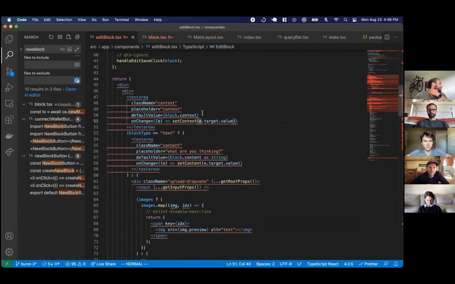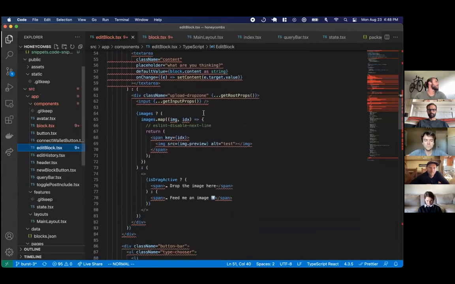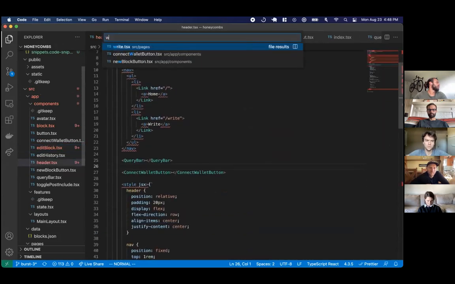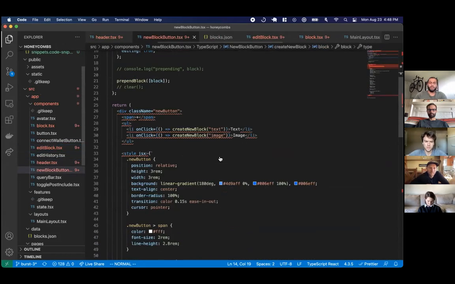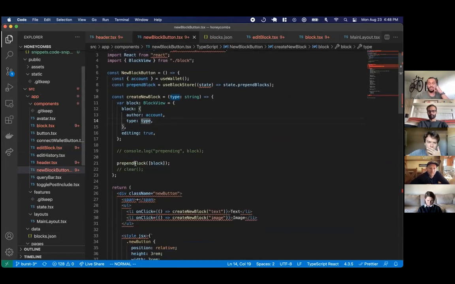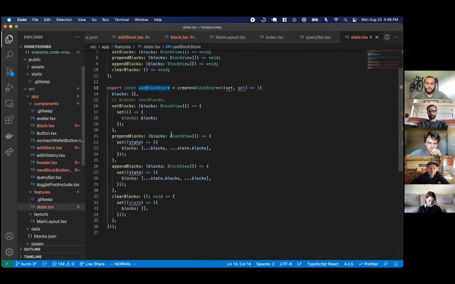Cool. I think this is in the header. The new block button sounds right. Prepend block, which is in use block store, which